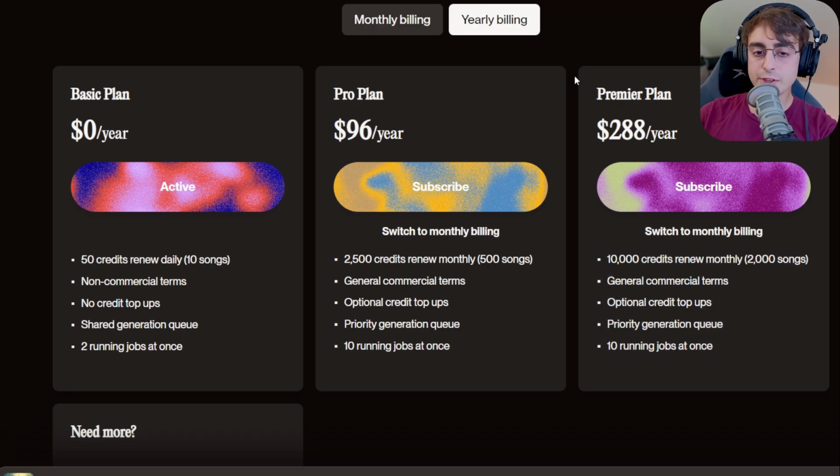They've also got yearly billing options, but with the advancements in AI, and if you really want to get around and mess with these generators seriously, I would not recommend getting any yearly plans for any of these, just for the simple fact that this technology evolves so fast, you never know when a new generator might come out that crushes all of these in terms of quality. So that's Suno AI. Let's move on to my personal